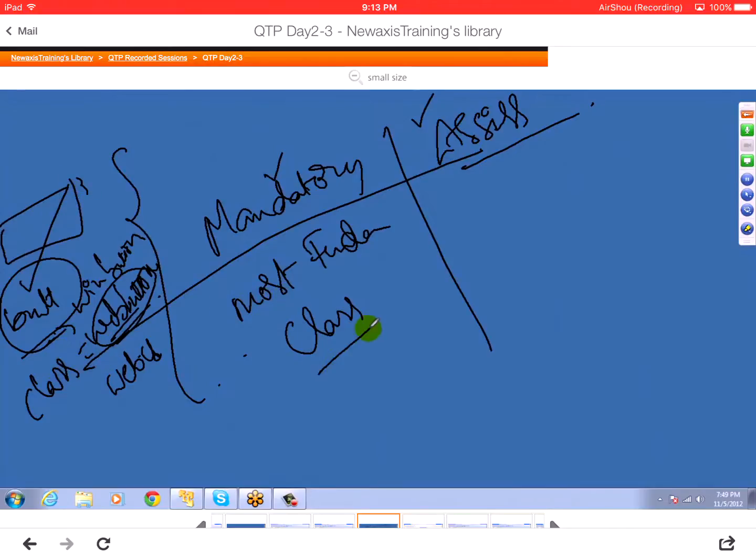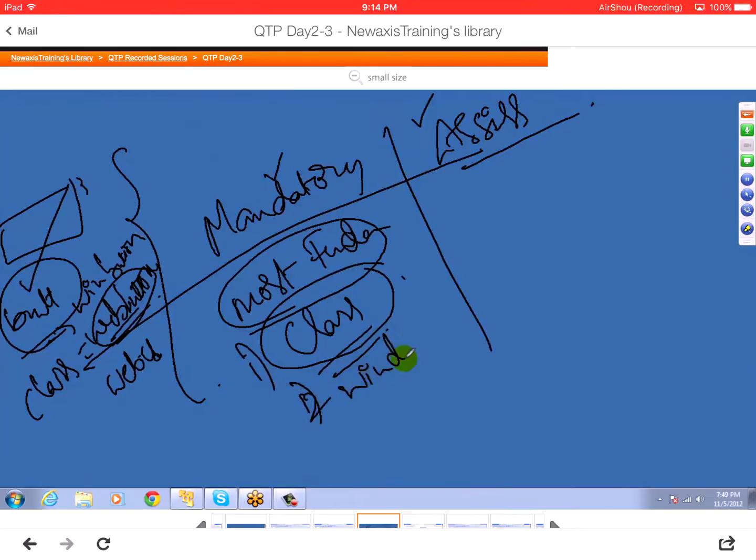So these are the most fundamental properties by changing which the original object itself will be changed. Such important properties are called mandatory properties, like the class property. Second one is like some window ID which gives unique identification. So these are called mandatory properties, and assistive properties are nothing but